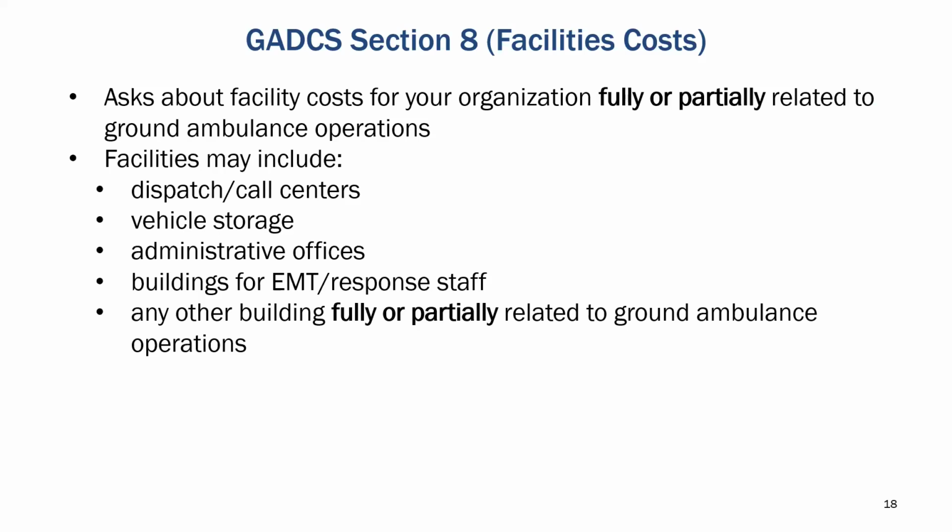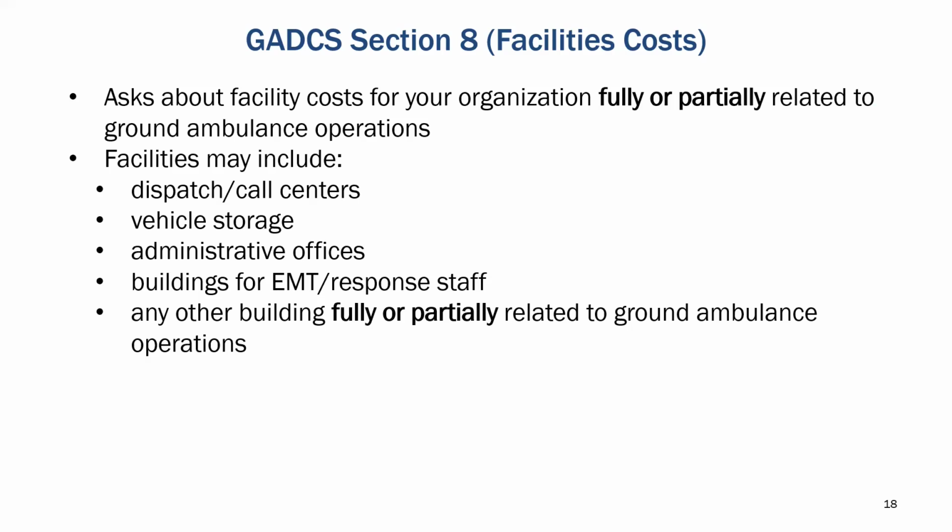Thanks, Sarah. We'll wrap up our walkthrough of sections 8 through 10 here. These sections cover information about facilities and vehicles. As I mentioned in my introductory comments at the start of the call, be sure only to report facilities in section 8 and vehicles in section 9 that are fully or partially related to your ground ambulance operations. So if there's a facility that only is involved in fire operations, you don't need to report it in the